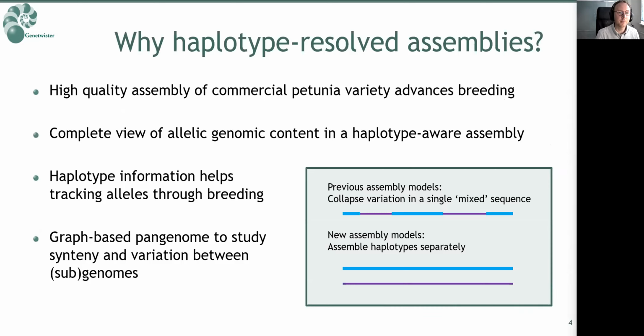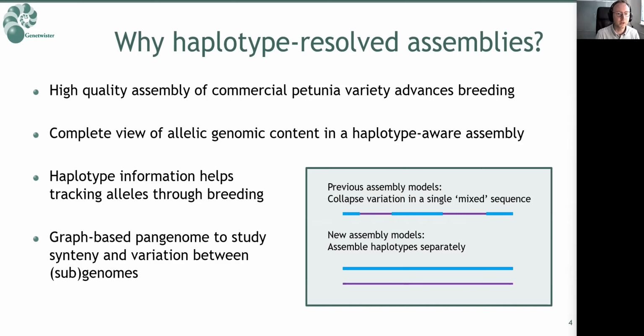So to explain a little bit more on our motivation for this research, first of all, a high-quality reference genome is a very useful tool for Petunia breeding for mapping, marker calling, and other types of analysis like studying genes, regulatory elements, etc. And as I'm showing here in this box on the right, previously we would create a single linear reference sequence, which is actually a mixed representation of both parental haplotypes, indicated by the colors here,